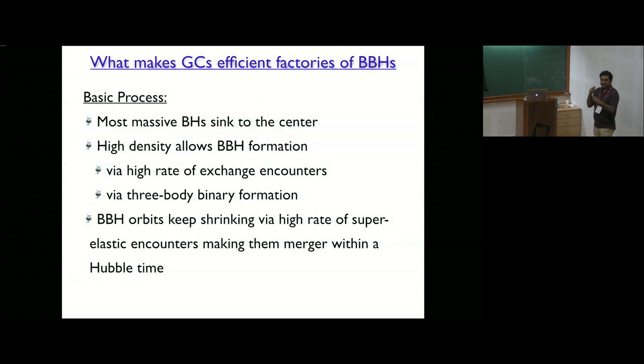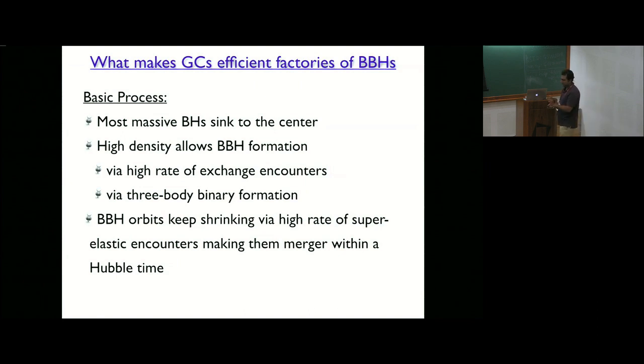And then through repeated encounters, so once you have a binary black hole, because of their very high mass, usually it will be very hard. Flyby stars would have to have very high velocity to actually break that binary. So if it doesn't break the binary, it typically shrinks the binary, and these encounters are super elastic. So black hole binaries, once created, keep shrinking,